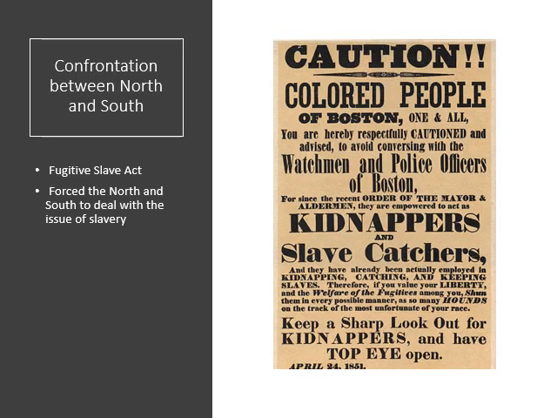There really is a confrontation that is building between the North and South, between the free states and the slave-owning states. There's the fear of slavery expanding. There's the fear that slave states are getting more power. And so there's a compromise known as the Compromise of 1850, in which the Fugitive Slave Act is passed.